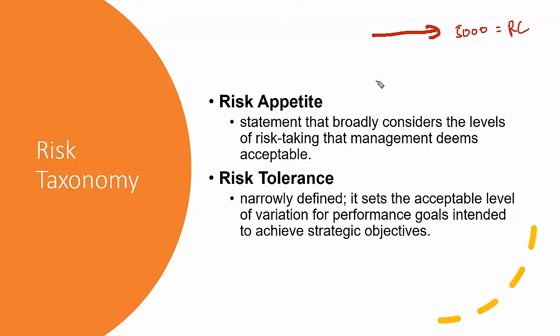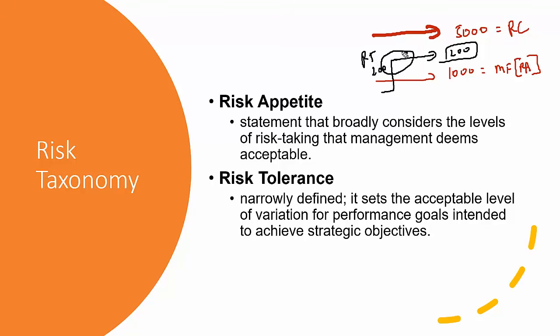Actually, I decided to spend $1,000 from that in mutual funds. That is basically my risk appetite. Now I can increase my appetite based on market conditions. In one particular month I wanted to increase the mutual fund amount, and I went to $1,200. So there is a $200 increment I made in my appetite because I found that month the market is great. This is basically my risk tolerance. So risk tolerance is always a deviation.